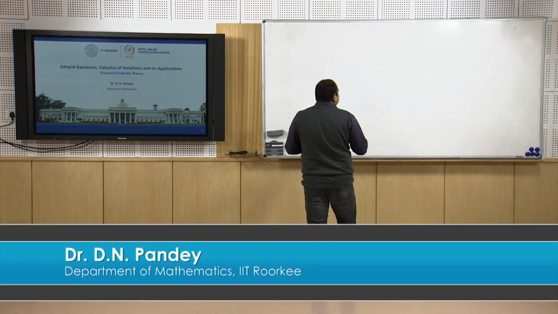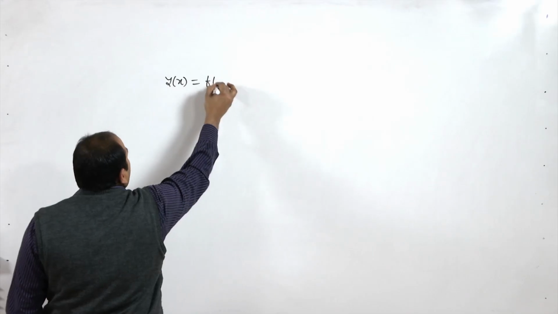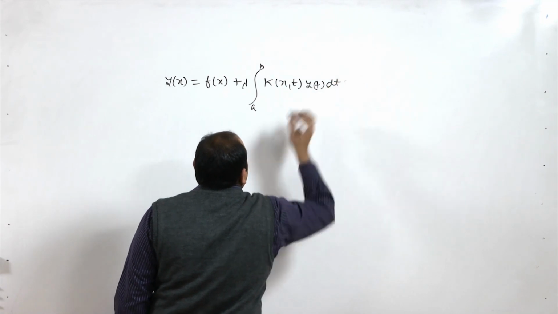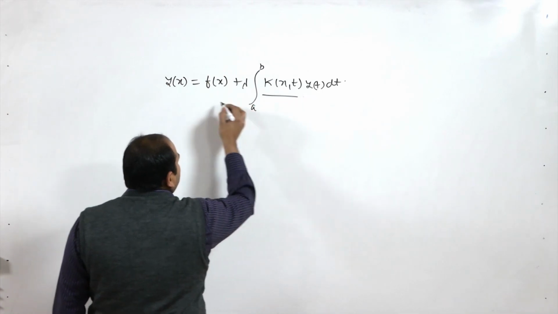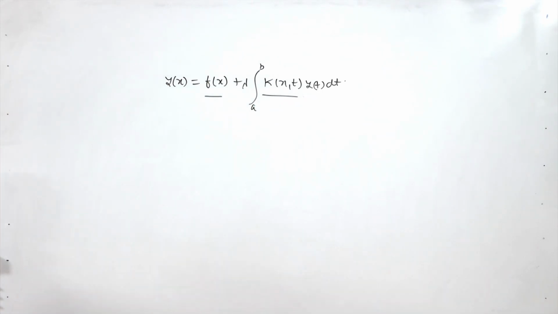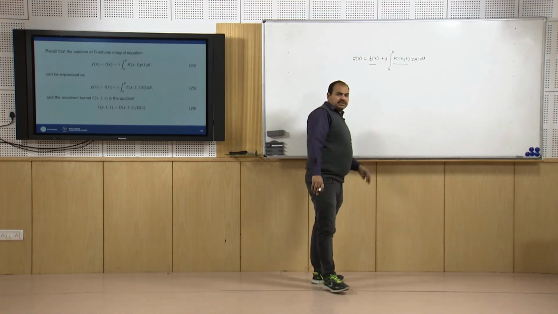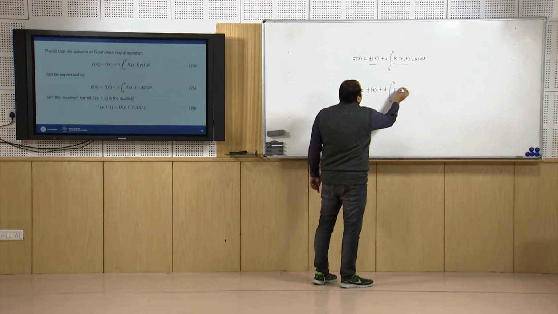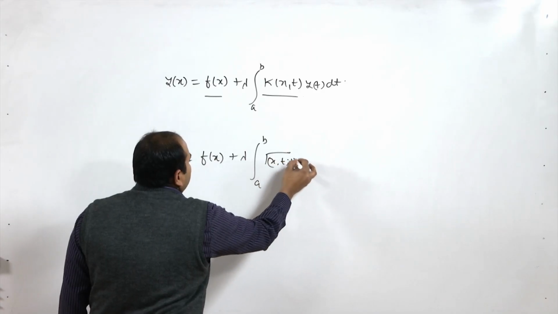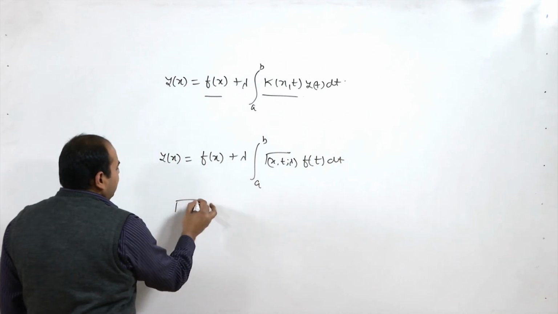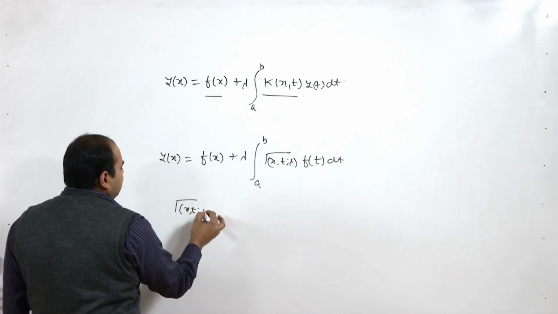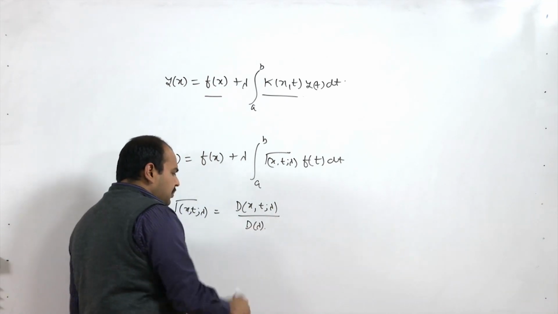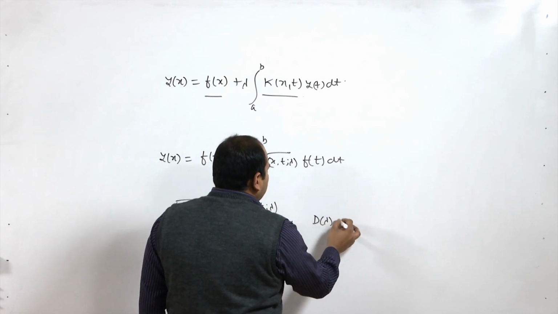So if you remember, we are solving this problem y of x equal to f of x plus lambda integral a to b k of x, t y of t dt, and here we have assumed that this k(x,t) and f(x) are, say, L2 functions, and we try to find the solution of this problem as y of x equal to f of x plus lambda integral a to b gamma x, t, lambda f of t dt, where gamma x, t, lambda is given as D(x,t;lambda) divided by D(lambda),